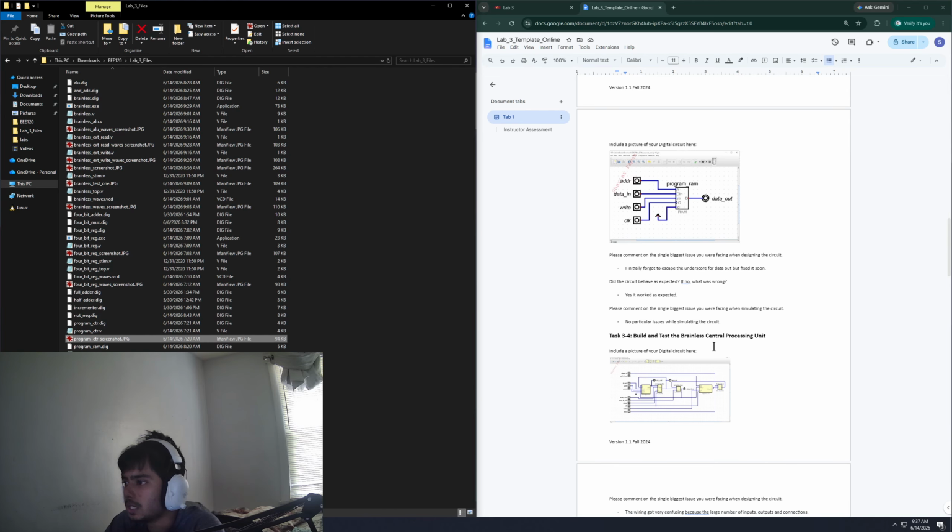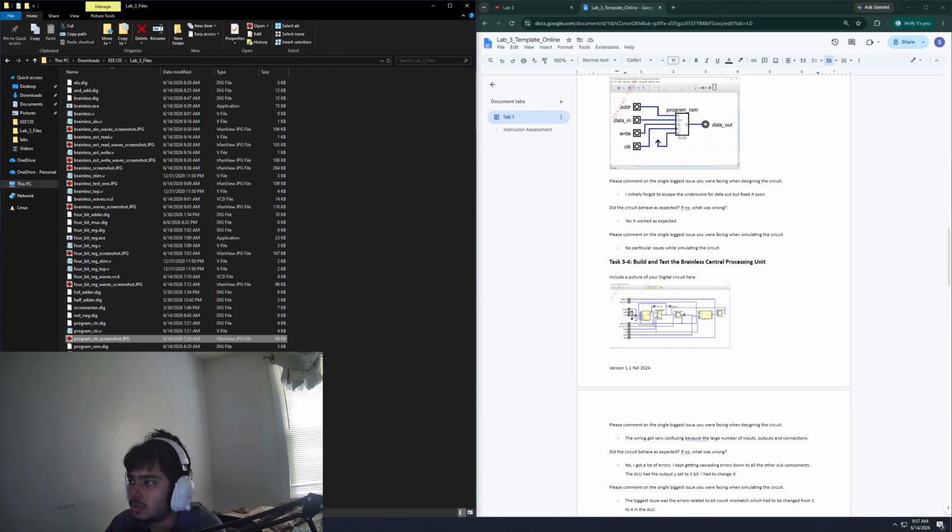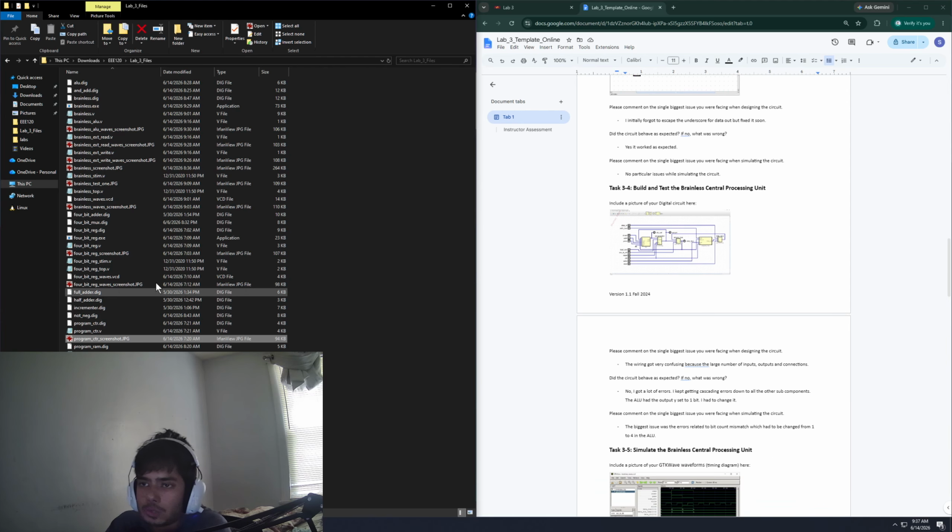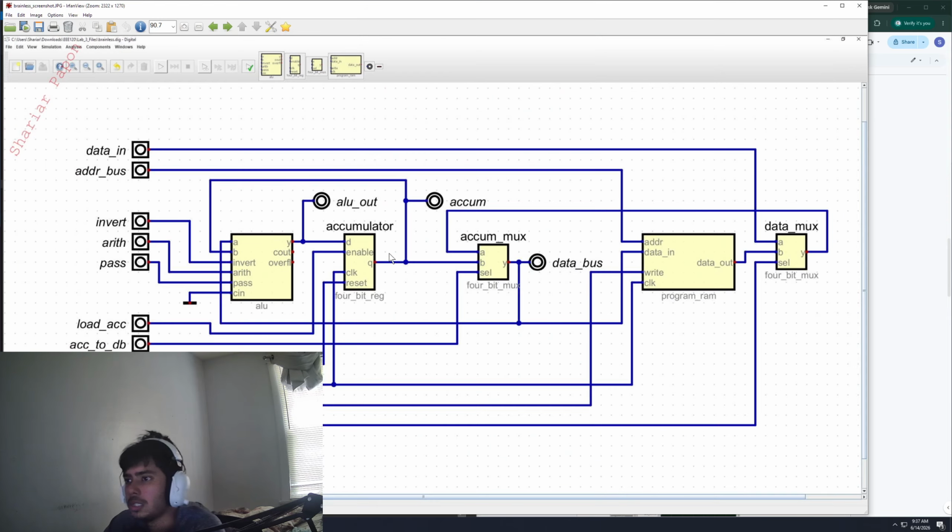And then we build a test brainless central processing unit, so it's like a brainless CPU, right? So if we go into this brainless CPU, there we go. Yeah, so this was the most complicated circuit we built here. Obviously this is the ultimate goal of building all the logic gates to arrive at a CPU. We use a lot of the older components like the ALU, 4-bit register, 4-bit multiplexer, program RAM, and 4-bit mux. We also created this program RAM,